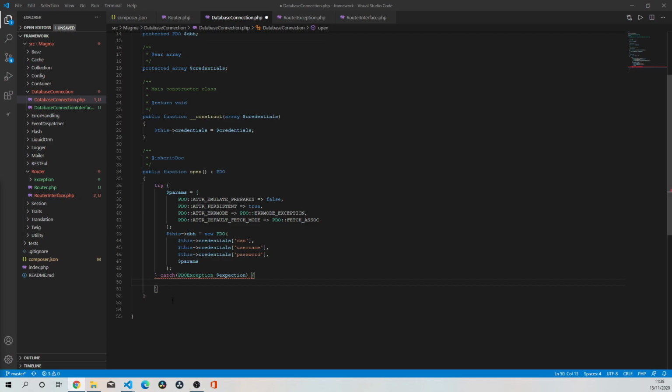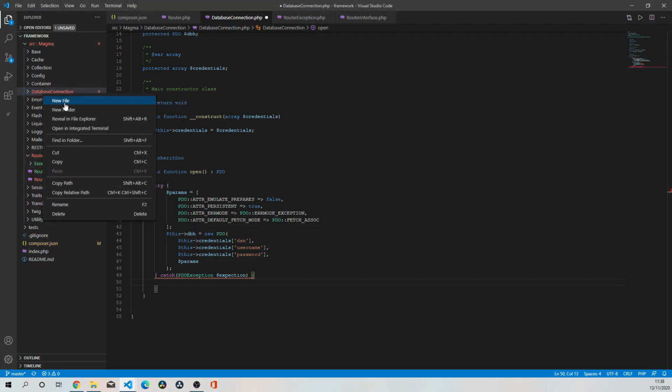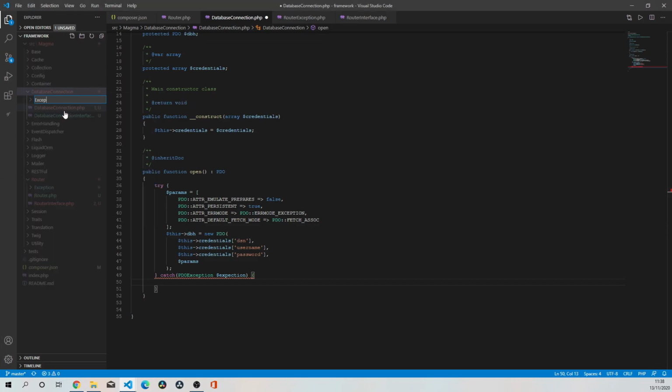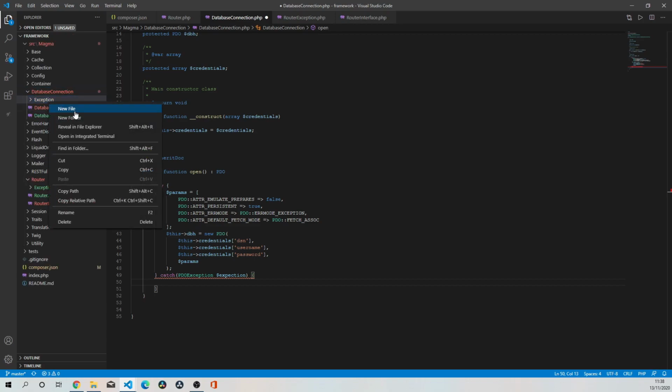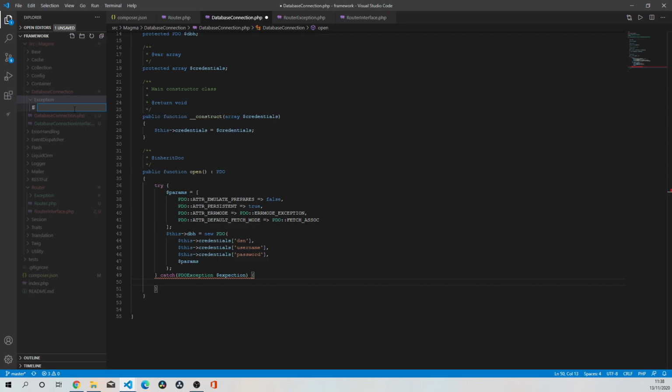So we're going to throw a PDO exception and then re-throw it within our own custom exception. So I'm going to go into my directory, create a new directory called exception, and within that I'm going to create a custom exception. So it's going to be database connection exception